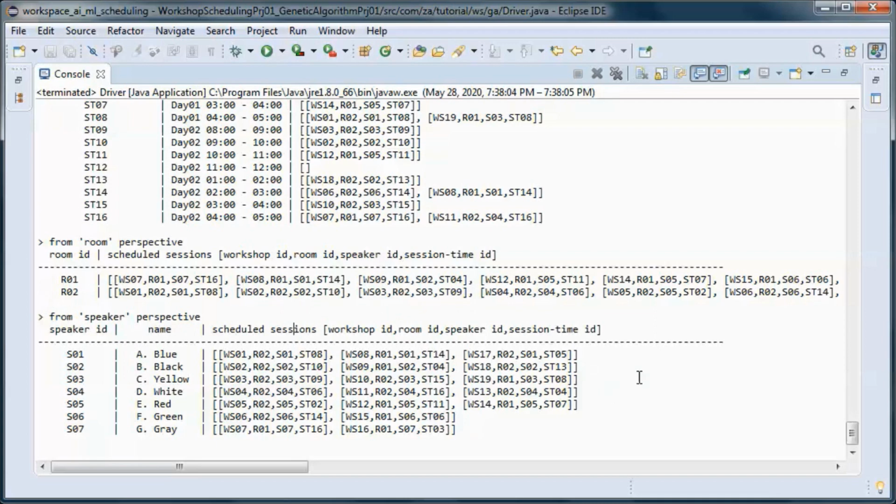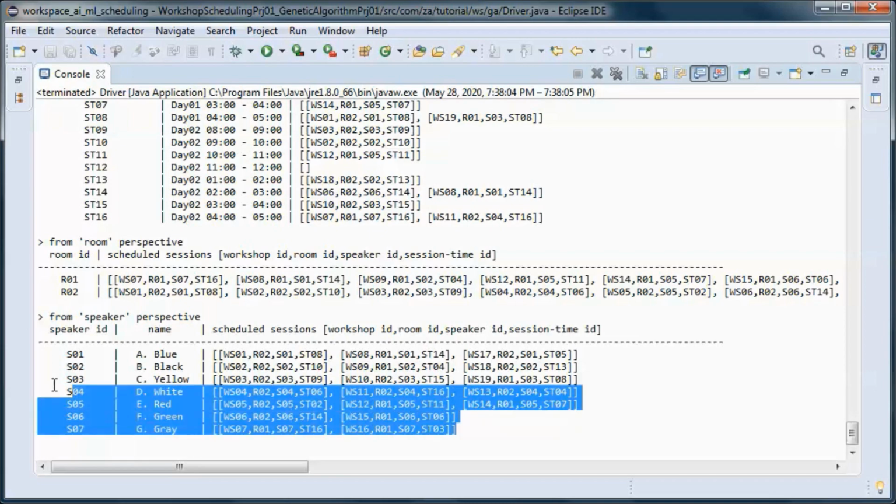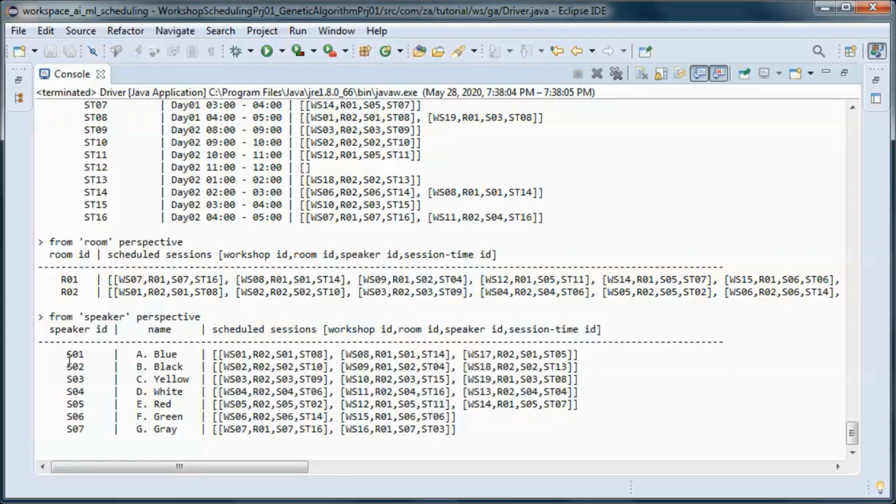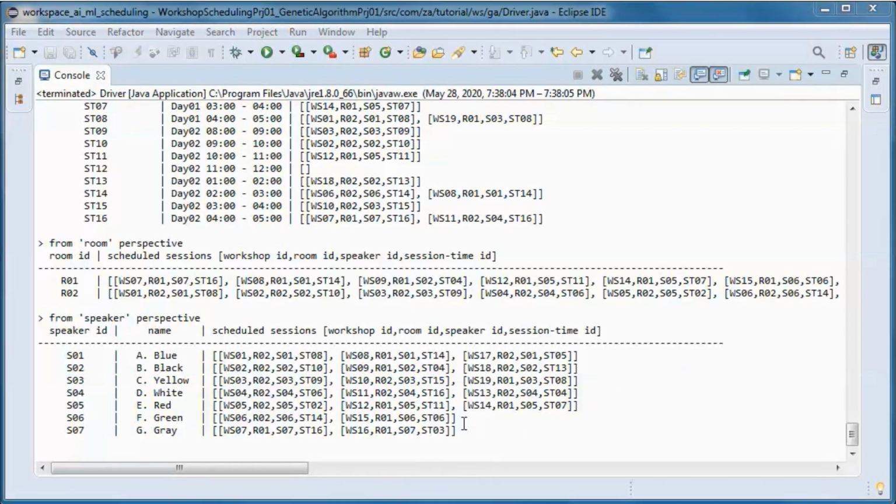And this is that solution from the speaker perspective. So speaker 01 has workshop 01 and workshop 08 and 17 scheduled at session time 08, 14 and 05. And speaker 02 has those workshops scheduled